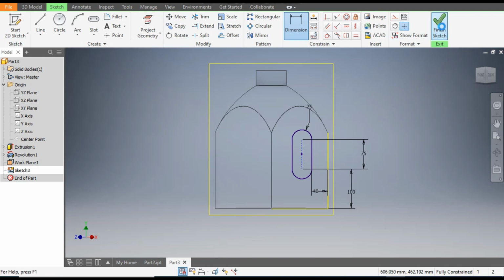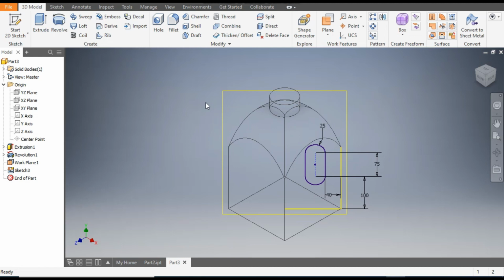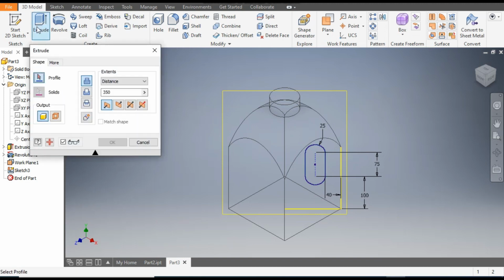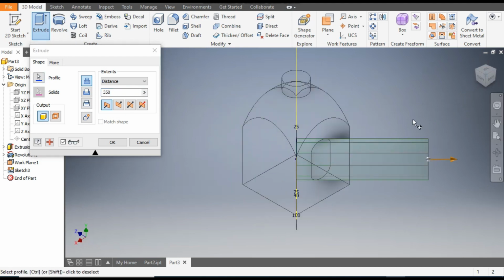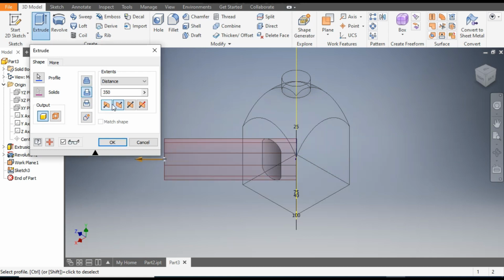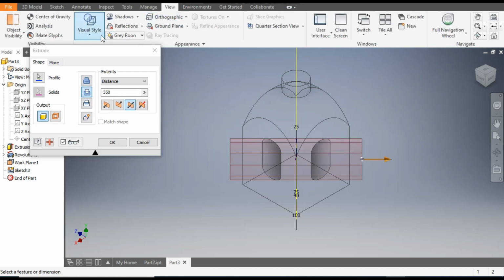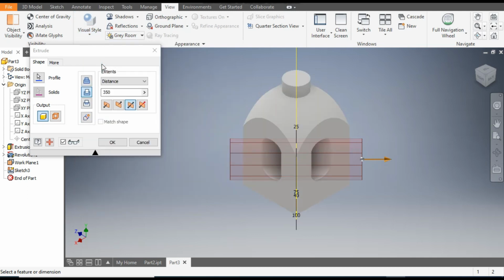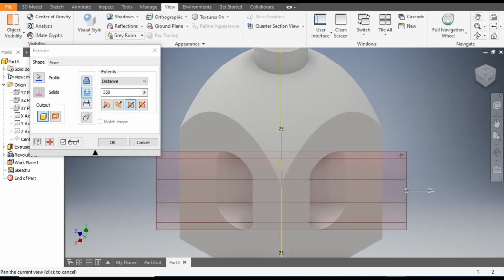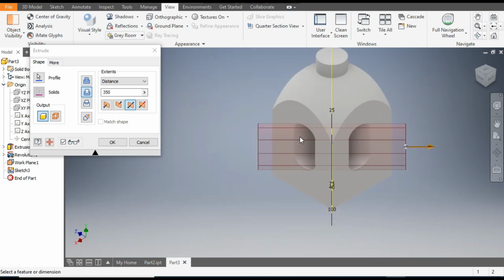Now finish sketch and go to extrude and select this profile. As you can see, it is going outwards, but we want to cut this profile and we want to cut both sides, so go to symmetric. Now we will change the view to shaded. Okay, as this is an extrude cut,